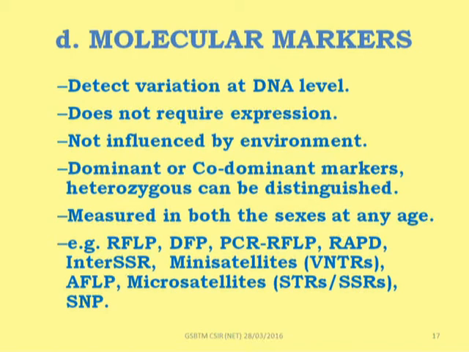RAPD and SSR, these are PCR based markers. RAPD, random amplified polymorphic DNA, is a dominant marker but not reproducible, therefore it is not broadly used. But SSR, simple sequence repeat, or SNP, are short tandem repeats. These are the markers which are highly used in laboratories because they are reproducible and give correct sequence information of all eukaryotes. Therefore, in the case of plant genome analysis, the majority of QTL, quantitative trait loci, can be identified and mapped through SSR markers. So these are all important aspects of molecular markers.